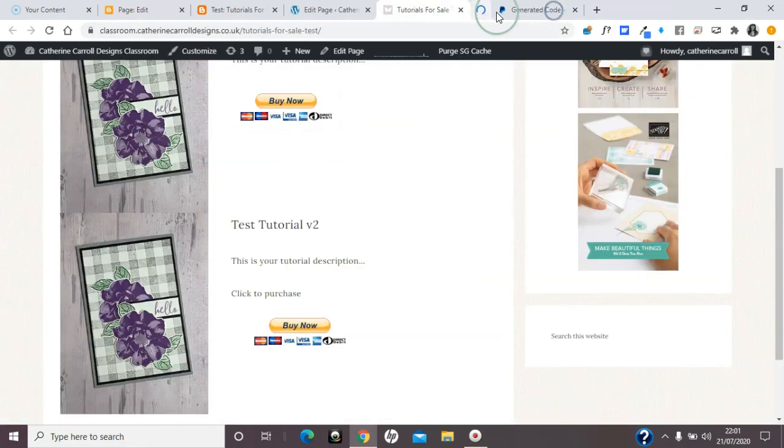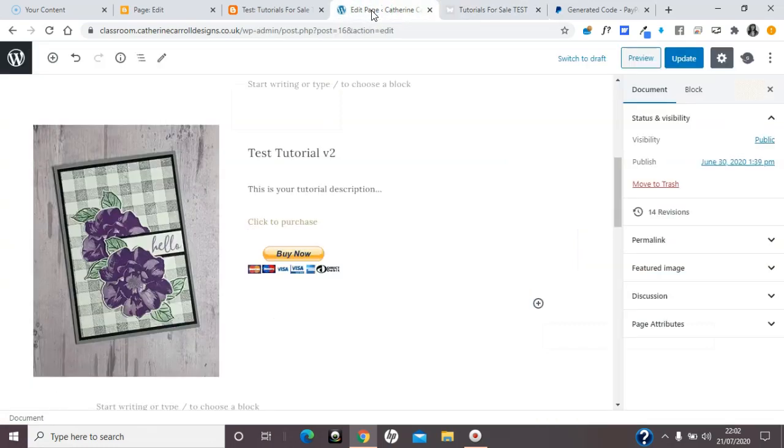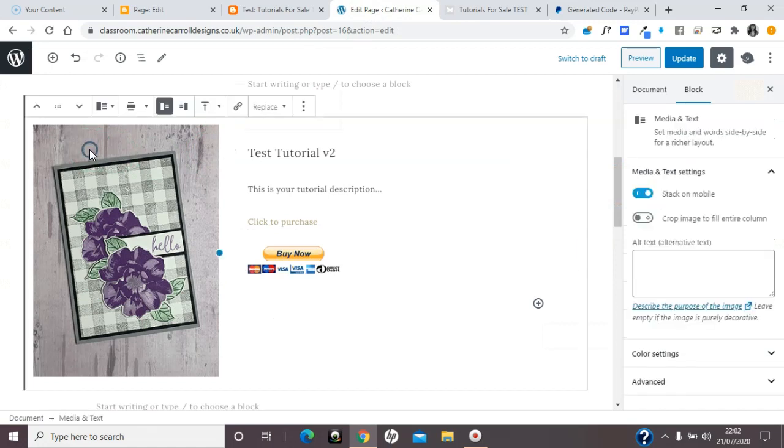So one last thing, you'll see that when I have added this second kind of tutorial product, which I would imagine you would want to do on this kind of page, you'll see that there's no actual spacing between these blocks, even though it looks like there should be on the editing page. And what we can do is we can use a very useful little block to make sure that there's some spacing added. So what we're going to do is select this whole block,